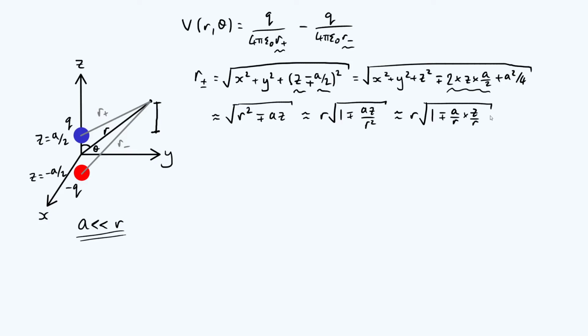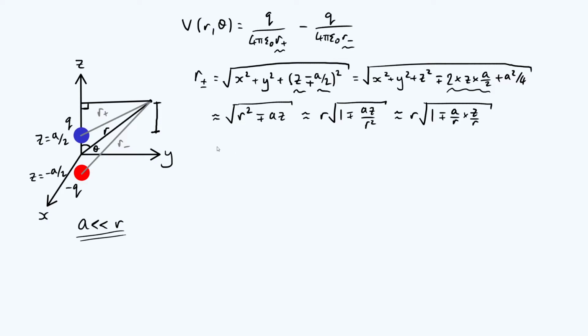And then, if you think about it, z over r, we can write that in terms of theta, right? Because if you imagine a right angle triangle, I'm going to draw another line on this diagram. If you draw this horizontal line so that it makes a right angle with the z-axis, then if you think about this angle theta down there, we've got a right angle triangle. The hypotenuse of the triangle is r, and the adjacent side to theta is just z, right? That's the z coordinate. And so z over r is the adjacent side over the hypotenuse, which is the cosine